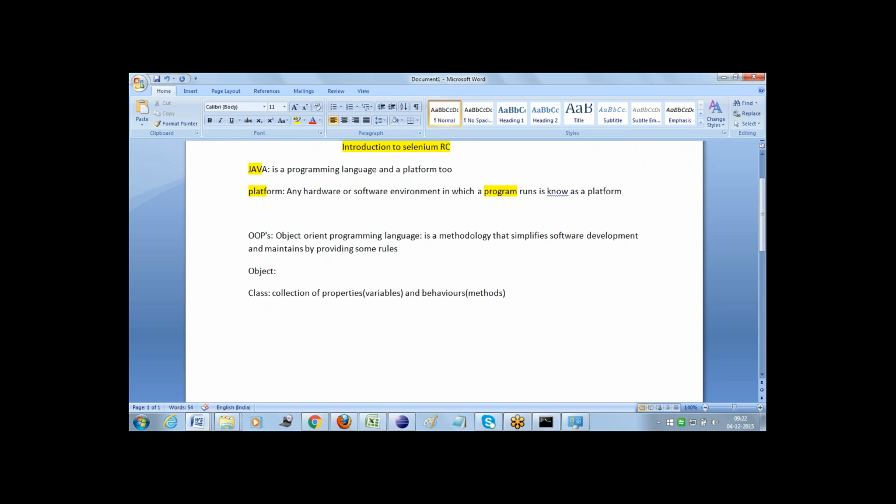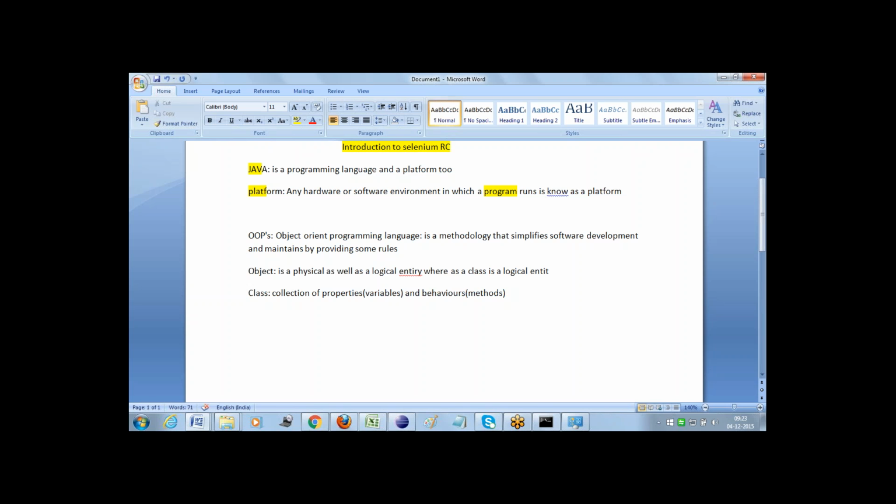Okay, that's fine. So what exactly does a variable mean, what exactly does a method mean, and what is an object? An object is a physical as well as a logical entity, whereas a class is a logical entity.